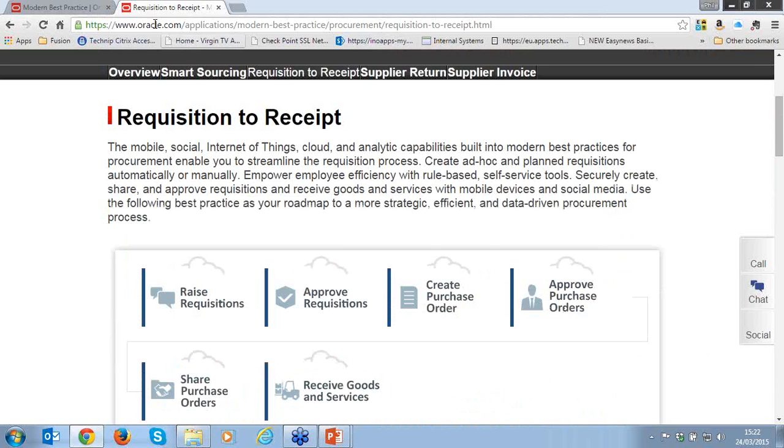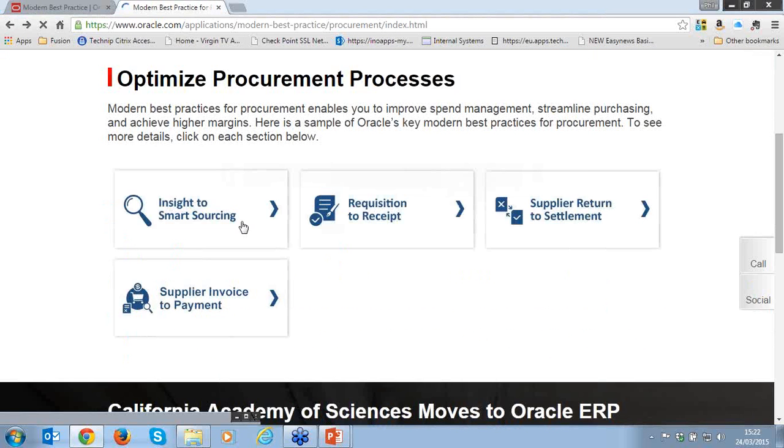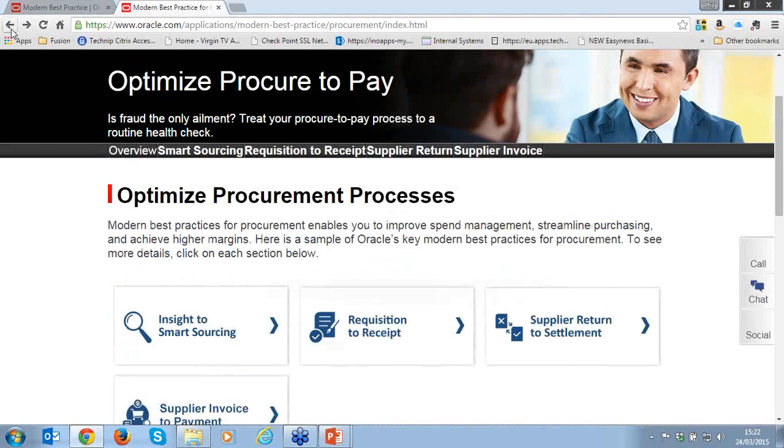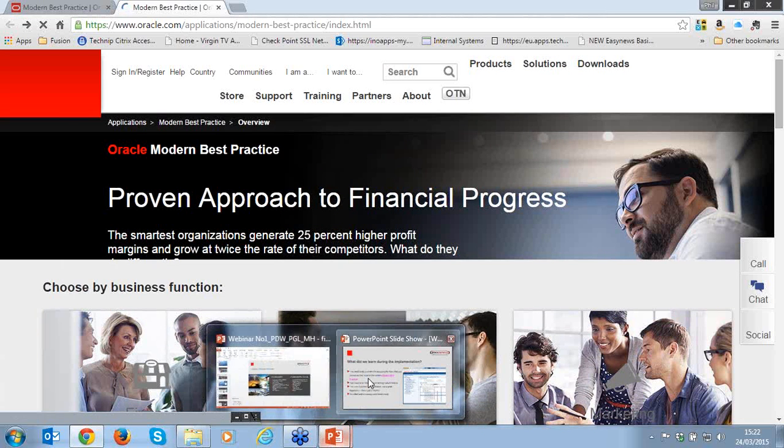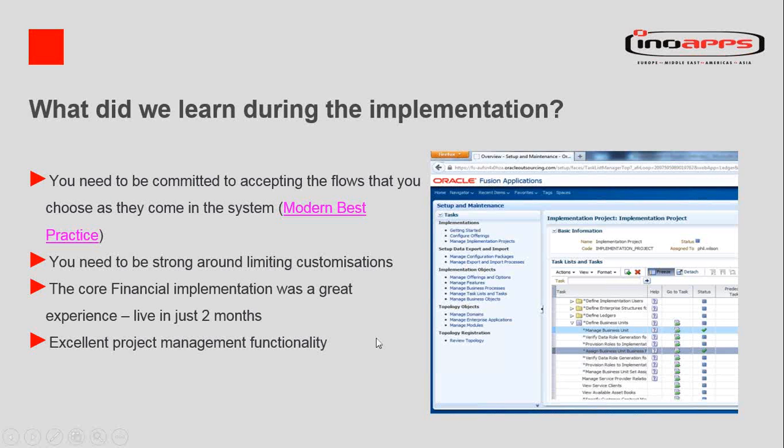And at the end of this presentation, we'll share the link to this page in case people miss it. But absolutely, the way that you get rapid implementations is spend your time focusing on what makes you different as a business, adopt the flows out of the box that can be adopted, and what you get then is consistency in solution. You get some compliance across the whole group in terms of all using the same software, all using the same process, and you reduce the implementation time by not having to reinvent things from scratch. So absolutely made quite a difference in our implementation to make sure that we achieve those fairly aggressive timescales.